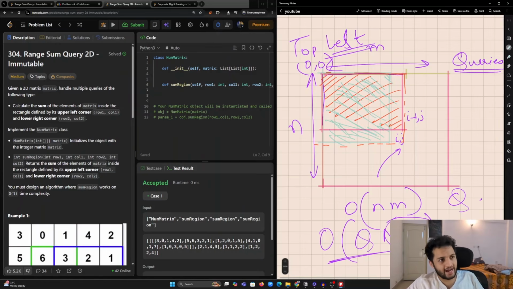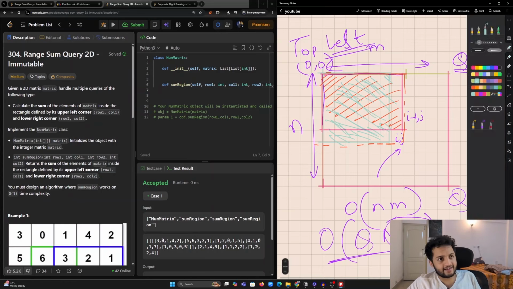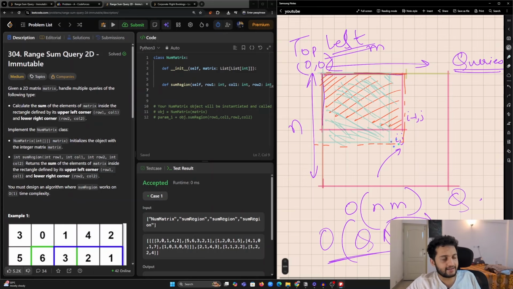Now you can see that I am actually adding this internal, let me use black, this internal rectangle twice, right? I am adding first in this big I minus 1 comma j, and I'm also adding at I comma j minus 1,